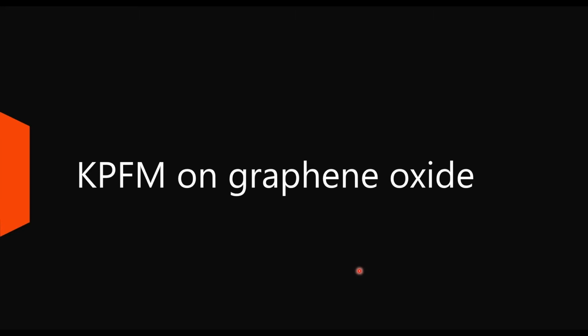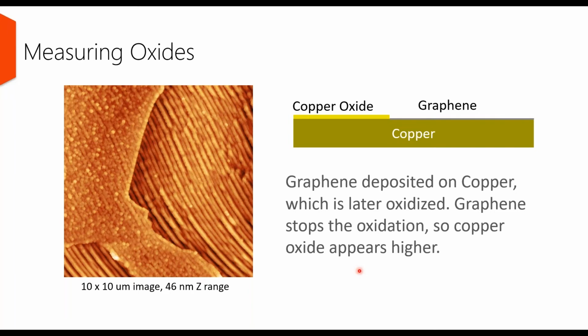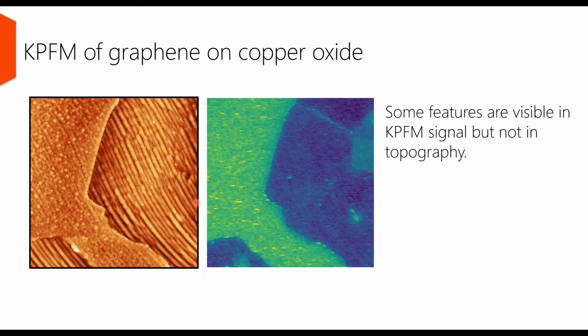So first example I'll give of an advanced mode is KPFM. So this is Kelvin probe force microscopy. This is on a sample of graphene oxide. So this is graphene on top of a copper substrate. Then the graphene is oxidized, and so on the left is the oxidized part, and on the right is the actual unoxidized graphene. So we get a topography image, so we can see differences between the two areas of the sample, but